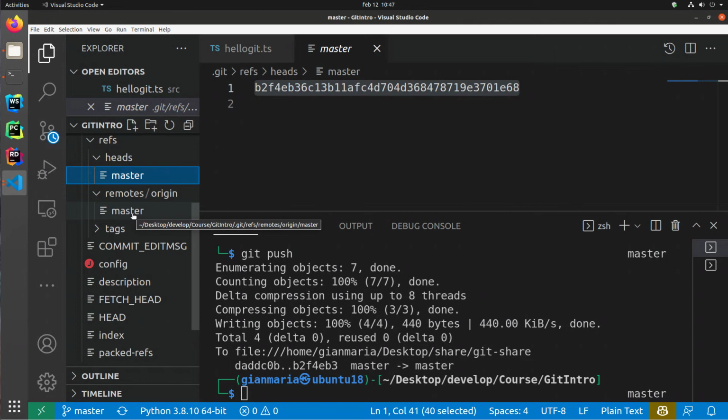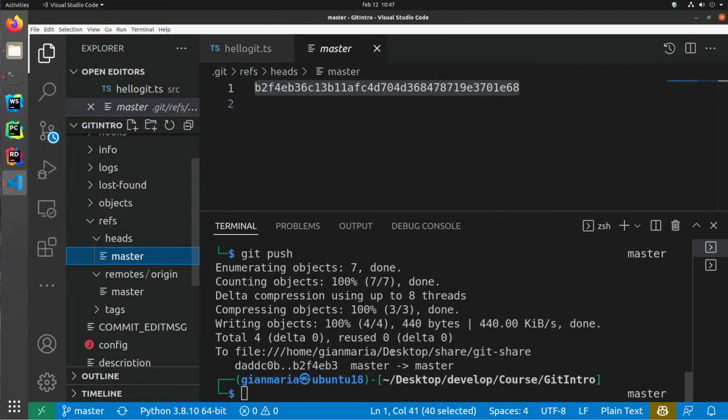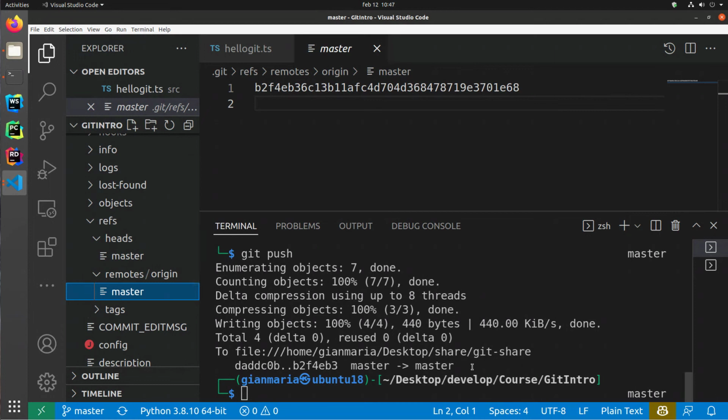So when you issue git push, the client does roughly the following operation. First, it checks if the object contains new stuff to be pushed to the remote. So it found that the master has some objects that need to be pushed, and it pushed them to the remote folder. But before doing this, it checked if the master on the remote is still in the old position. So it checks if it's trying to do a valid operation or if it could modify and delete some code of the other developer. And it will be clear when we move to the other machine